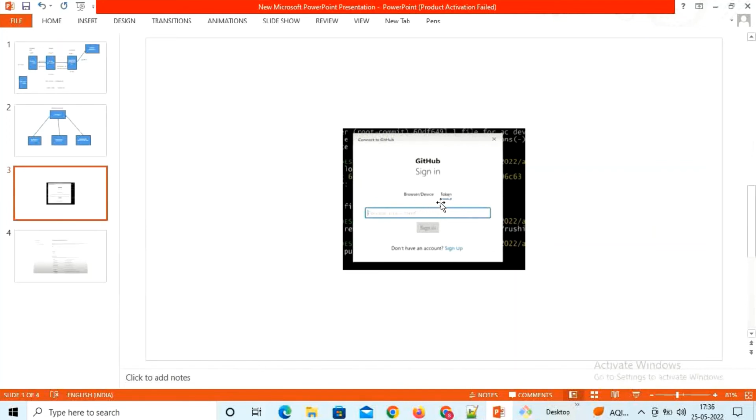Browser, device or token. You choose token. Here you need to give the token option. How you will give it, I will tell you. Go